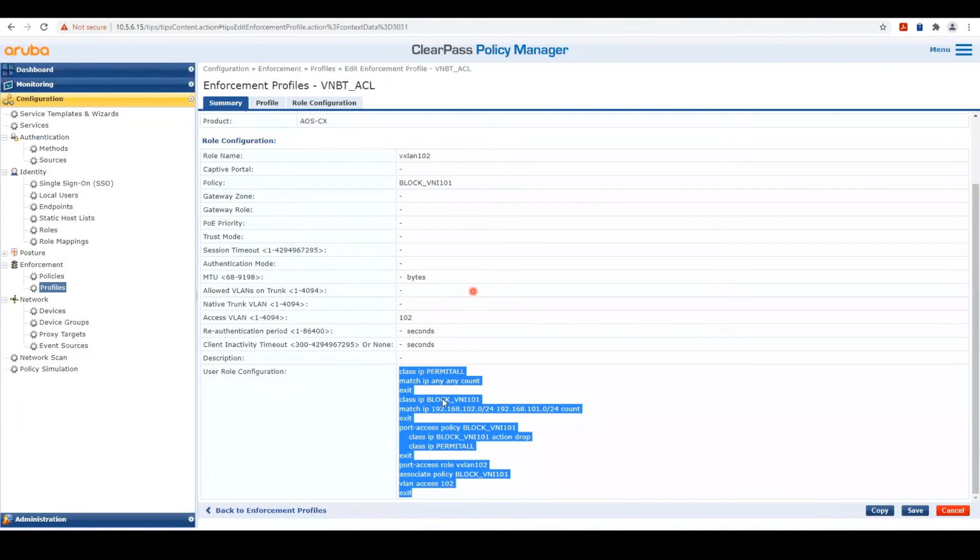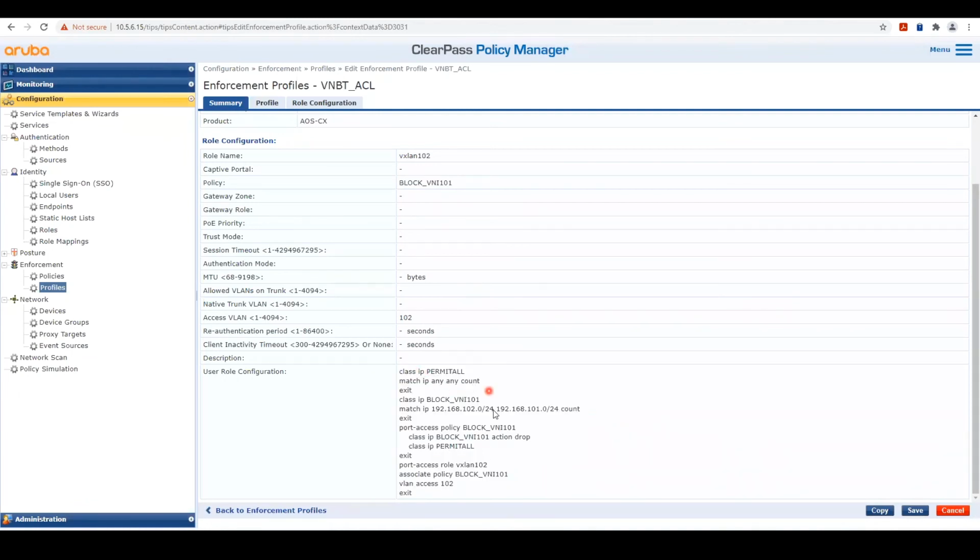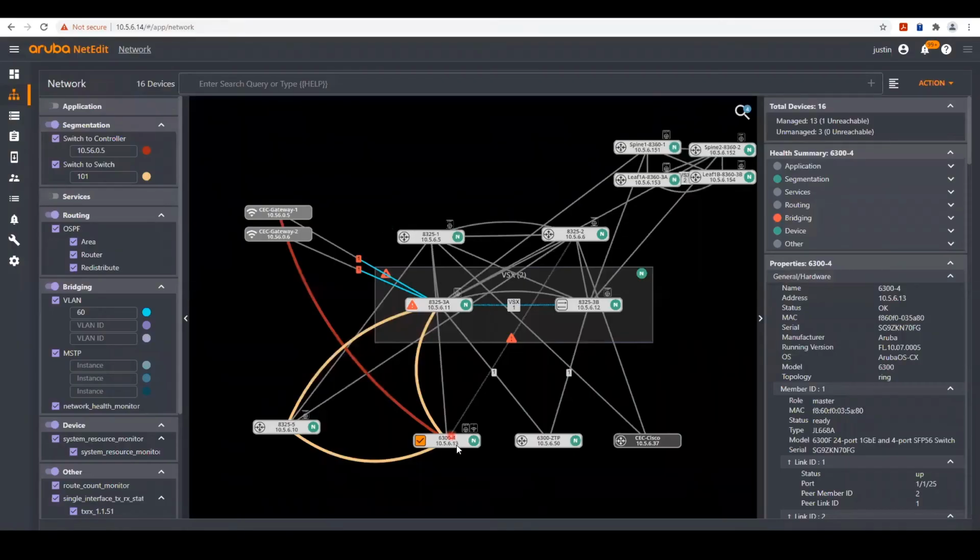So if we go back to ClearPass, we can see here we have an ACL as part of our user role policy that will restrict traffic between the VNI 101 and VNI 102 tunnels with this client. So how we can configure VNBT in NetEdit is we can go back here to NetEdit, and we can,